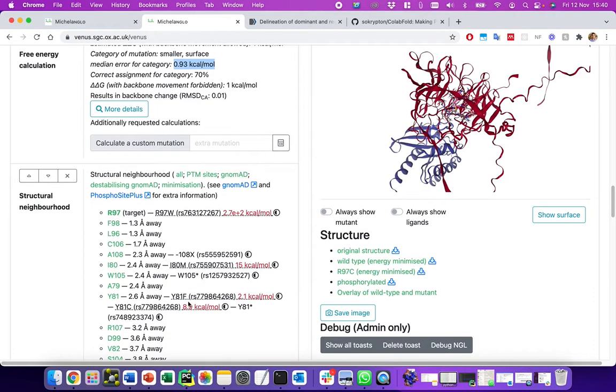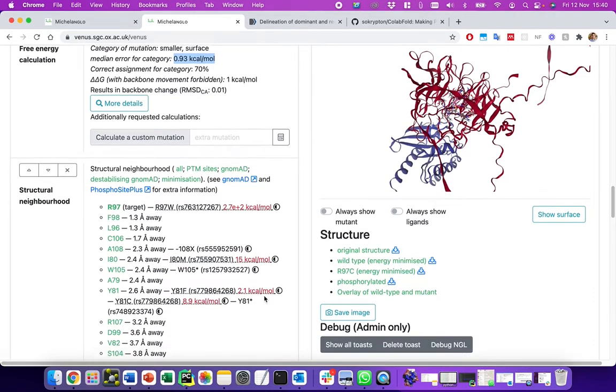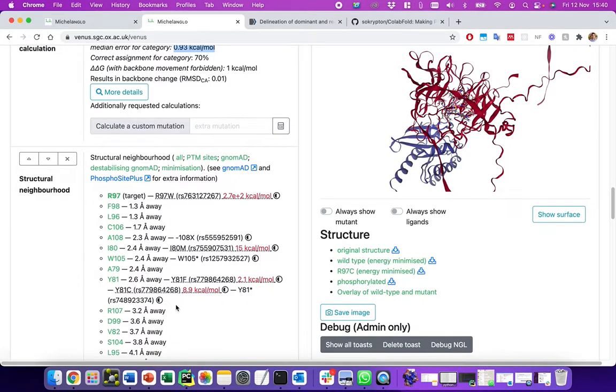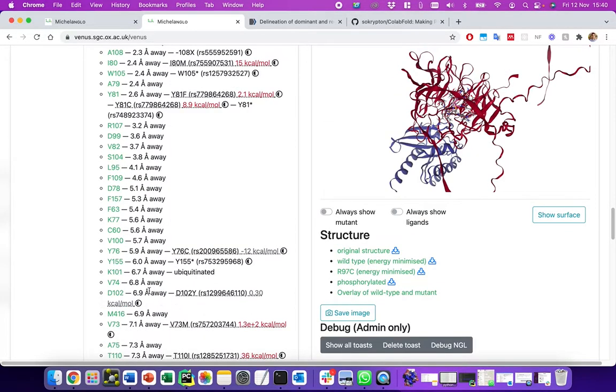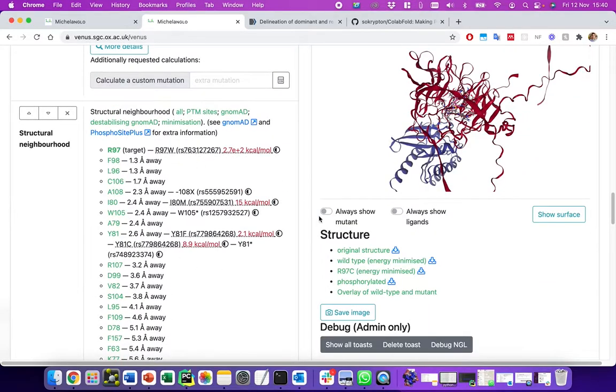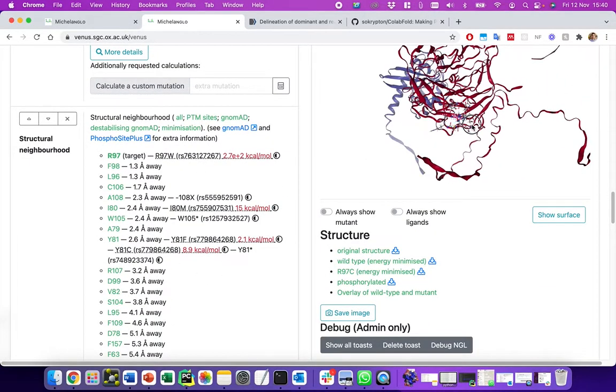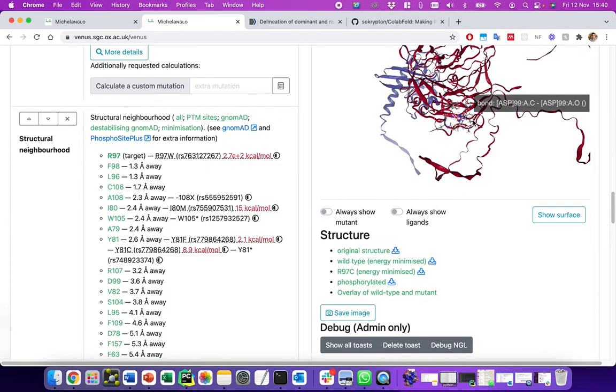Another truncation, destabilizing, another truncation. So what we can say is that the neighborhood of this residue is affected by several destabilizing truncations, which is consistent with the fact that